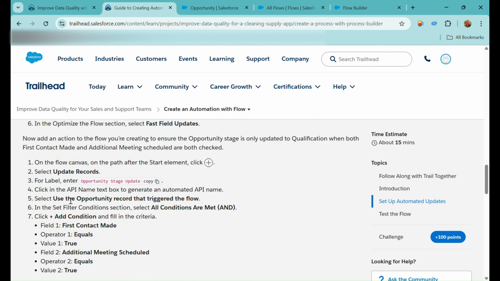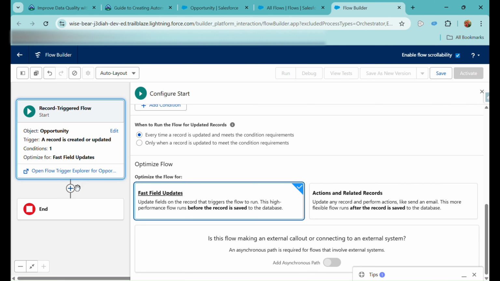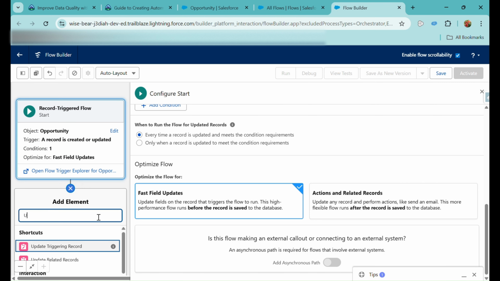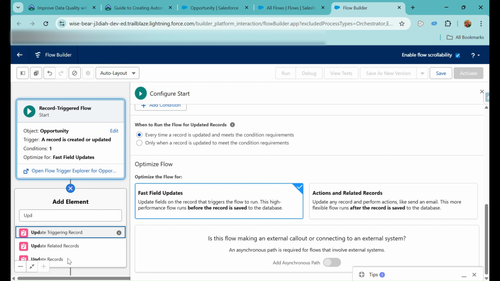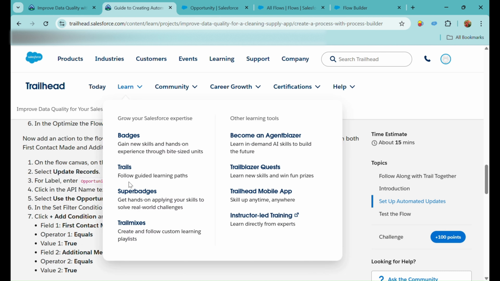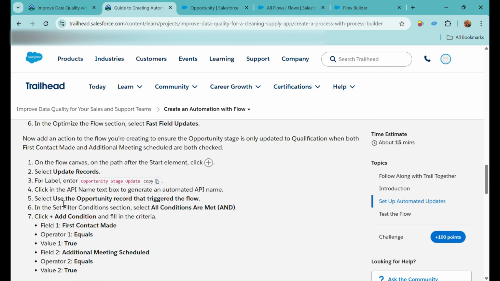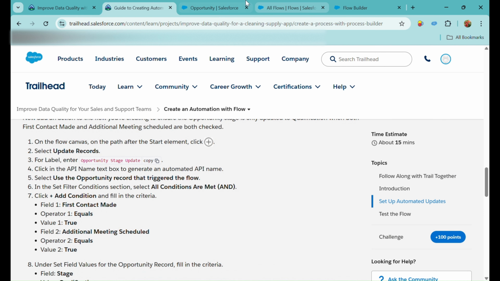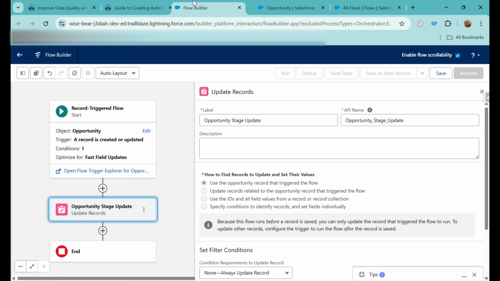Now on the flow canvas, after the start elements, we'll just update the records. We'll insert the update record element. I'll search for update records. One second, and okay, now I'll give the label as opportunity stage update, and we'll use the opportunity record that is triggering the flow. I'll just have this here,